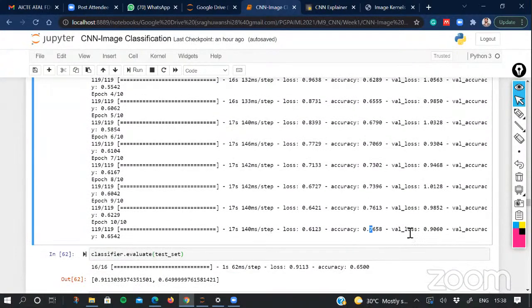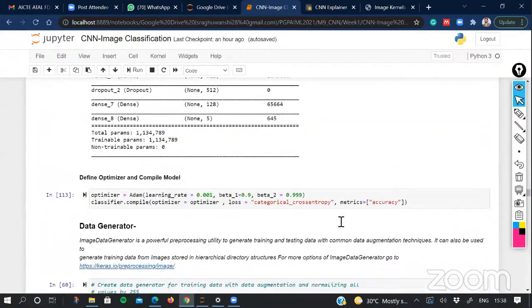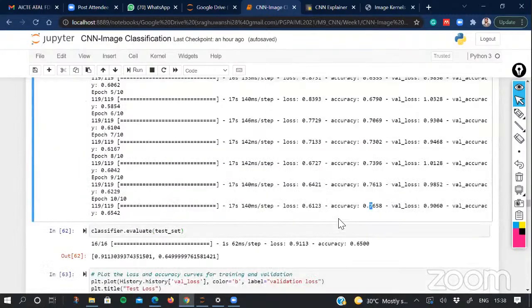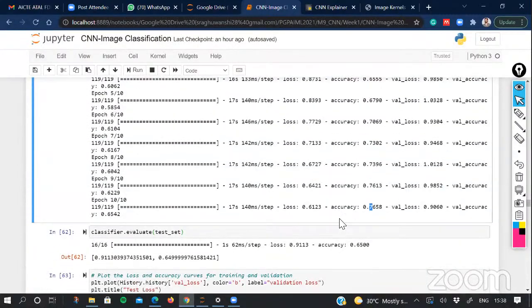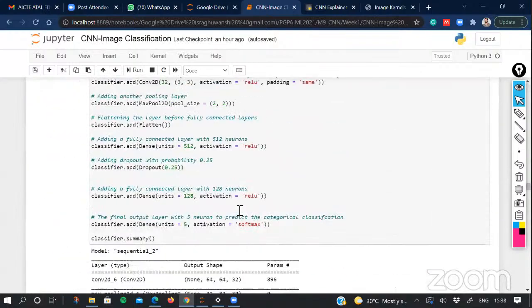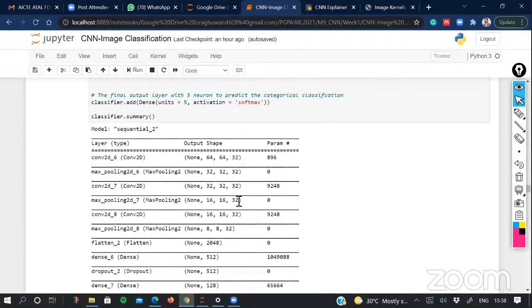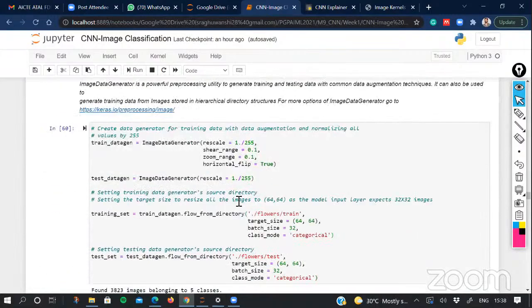So this model, we can say it's a clear case of overfitting, and this is not good for any kind of modeling process. So we need to tune it, and there may be certain architectural flaws in it. There may be certain other parameters which you can tune. So let's try with a different approach.